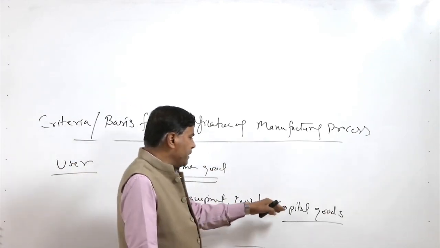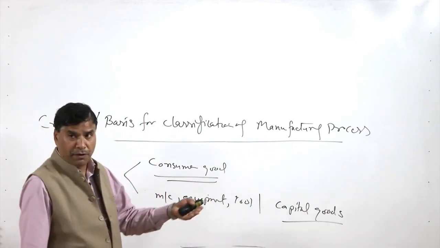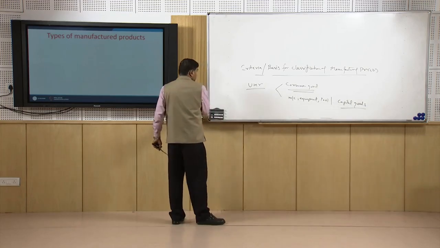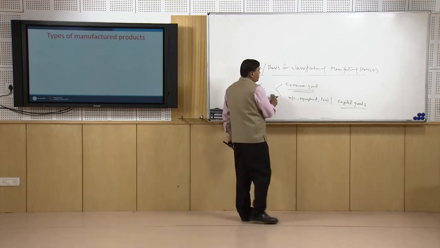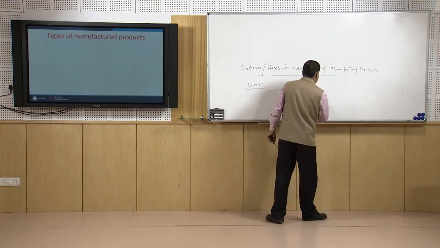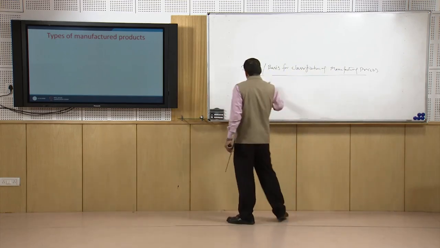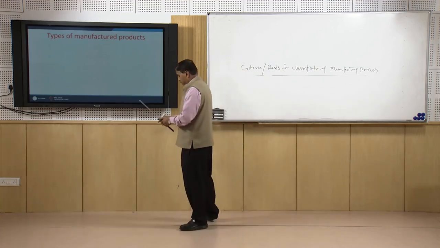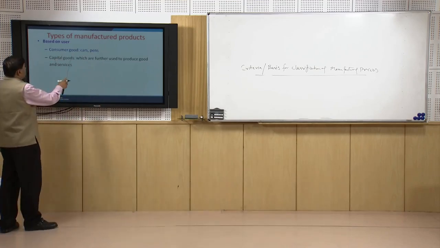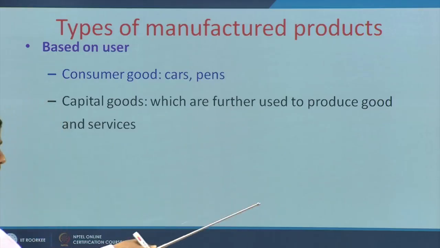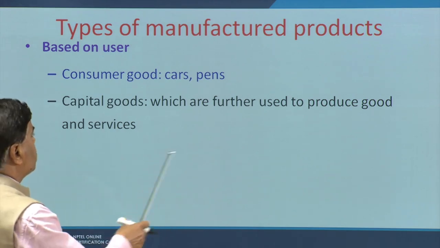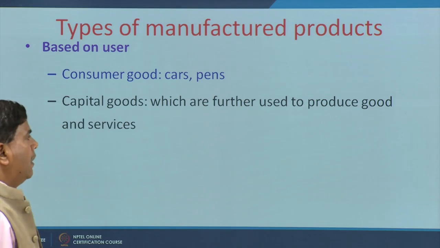Those which are making the machines, equipment to be used for further manufacturing of the consumer goods are termed as the capital goods industry, and the industry which will be making the products for use by the public will be falling under consumer goods. So, based on the user we can put things like cars, pens, motorcycles, etc. under consumer goods, and capital goods are to be further used to produce the consumer goods and